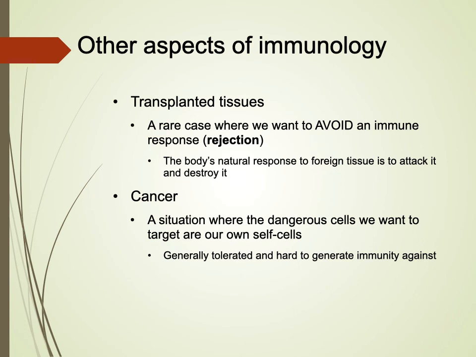the immune response. Cancer is another aspect that we'll talk about. And so the issue with cancer is these are your own cells. So you don't respond. Your immune system's not very good at responding to yourself. So it's one way that cancer is able to kind of circumvent the immune response. So we'll talk about that, and there's usually a journal club paper that we do that involves cancer.